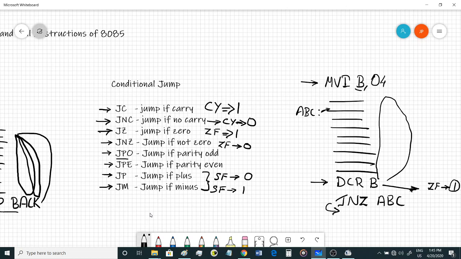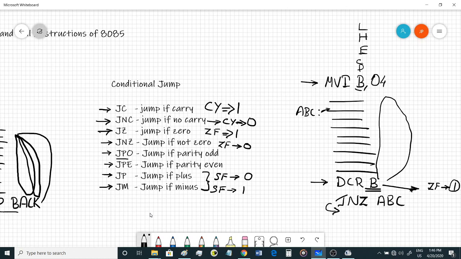You can also use any other registers as counter, like C or D or E or F, CD, BC, DE or HL, H or L register. So the same register you will be decrementing over here, and then you will be giving the instruction jump if not 0. Jump if not 0 means till the point this counter becomes 0, it will keep looping these instructions again and again. So that is how you use your conditional jump instructions.